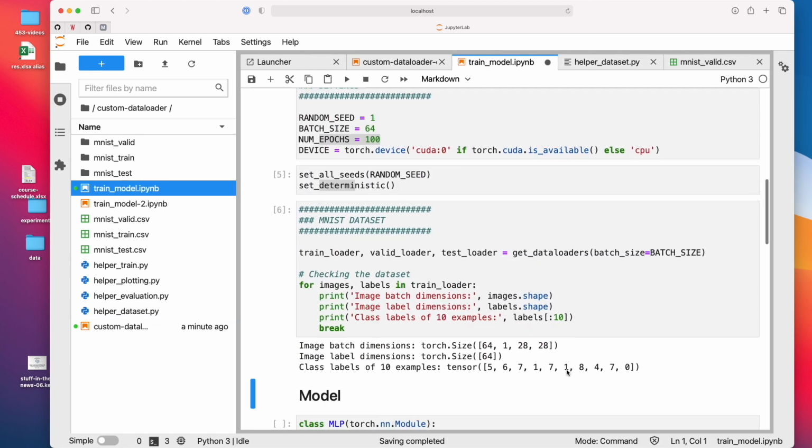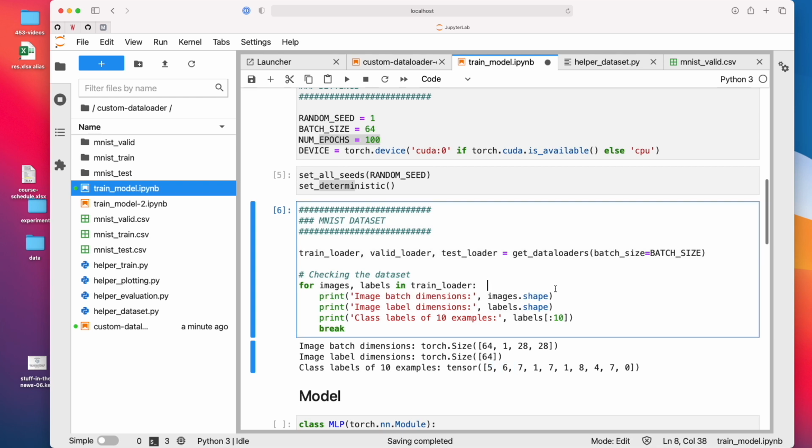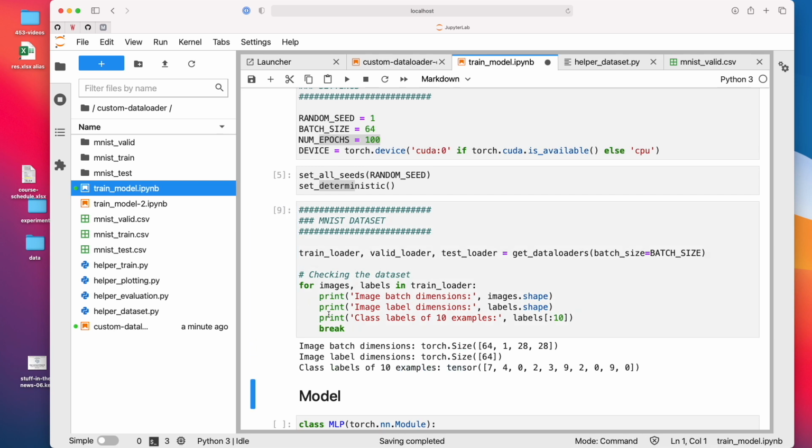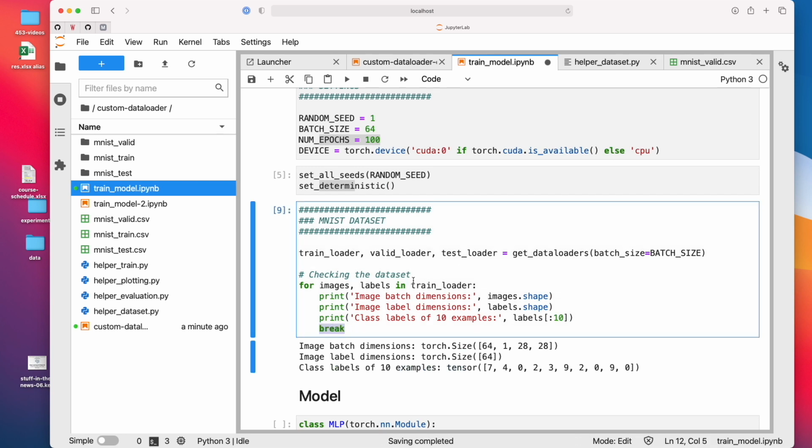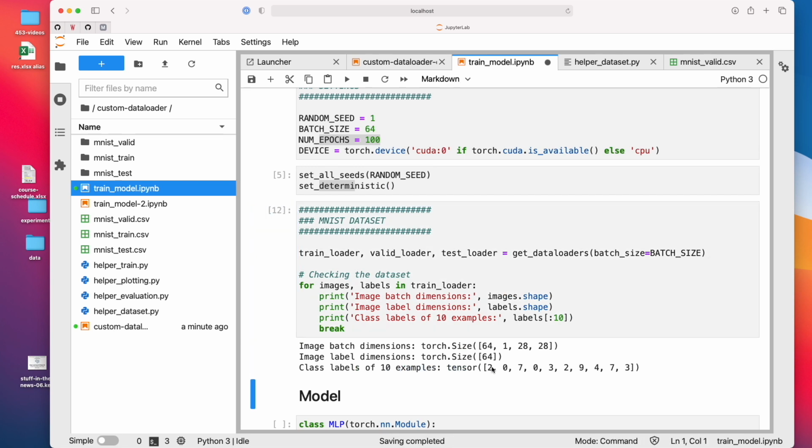So just getting some statistics. And you can see, if I run this again, that the shuffling works because you can see that these numbers change. So these are the first 10 labels. Every time it will start from scratch because I break here. So you can see these numbers change. However, if I set my random seed, I always get the same order. See, I can run this again. Always get the same order because of the random seed.